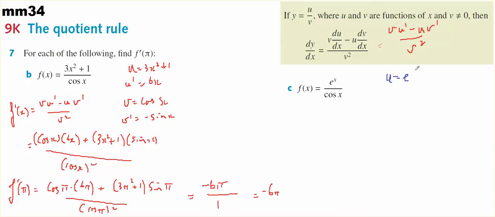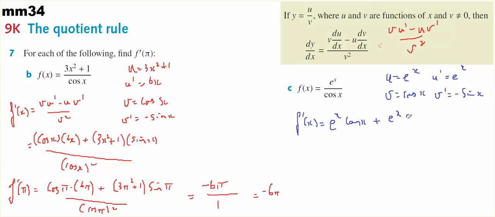U equals e to the x, therefore U dash equals e to the x. V equals the cos of x, therefore V dash equals negative sine of x. So f dash of x is going to equal V, so cos of x times e to the x, minus, so turn it into plus, e to the x sine of x, all over the cos of x all squared,